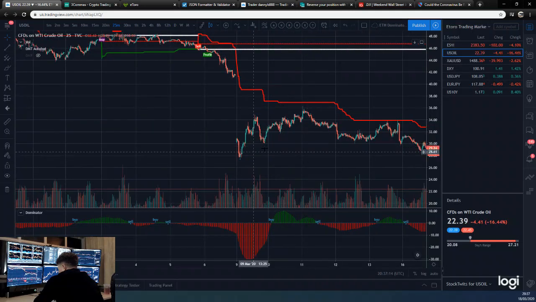Then we got the dead cat bounce from that move. As you can see, we got down to 27, the dead cat bounce up to 36. So we actually got the buy trade just here on the Dominator. It says buy just there. So again, not necessarily the perfect entry, but nonetheless we did go up, and then we got the sell trade just here, which was quite a good entry. We came down,